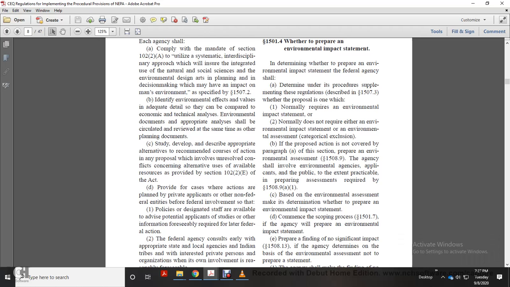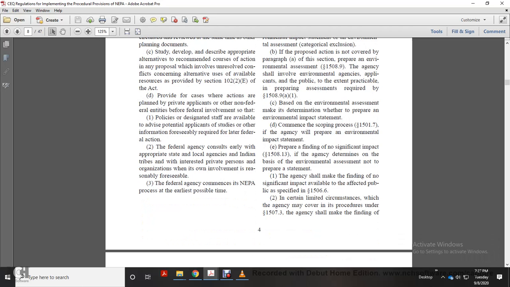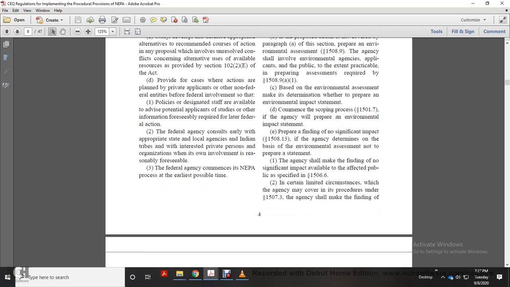If the agency will prepare an environmental impact statement, it shall do so. Prepare a finding of no significant impact if the agency determines, on the basis of the environmental assessment, not to prepare a statement. The agency shall make the finding of no significant impact available to the affected public as specified in 1506.6. In certain limited circumstances, the agency may cover the procedures under 1507.3. The agency shall now make the finding